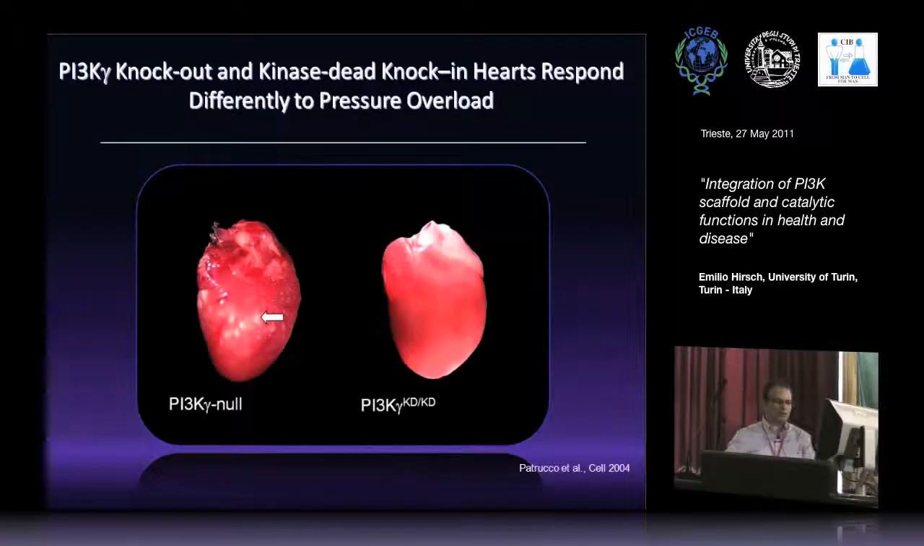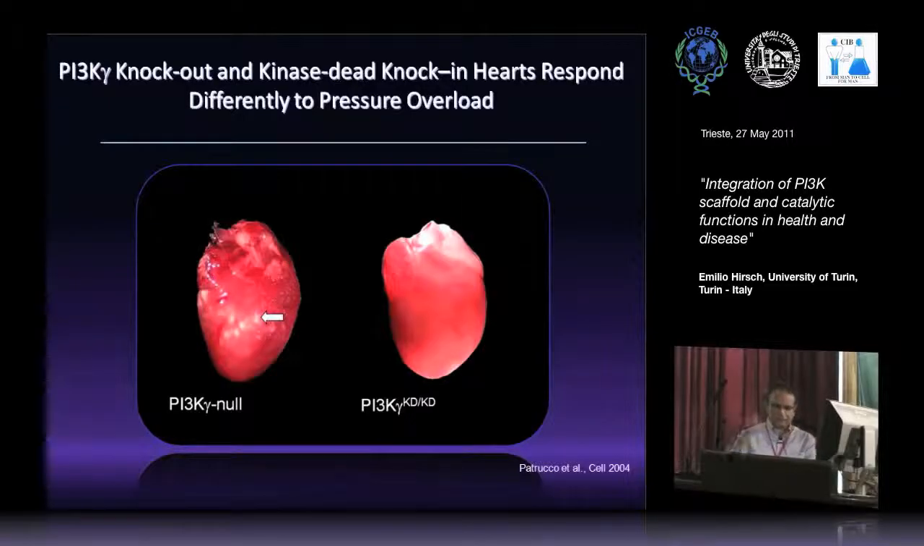So while knockout mice without the protein are in a really bad shape, and you see here all these white spots, these are areas of cardiomyocyte loss, like a lot of infarction sites. But mice that express the protein, although without any catalytic activity, the hearts are absolutely normal. So this was telling us by a genetic means that PI3 kinase gamma was not only a kinase, but also something else, and probably something related to a